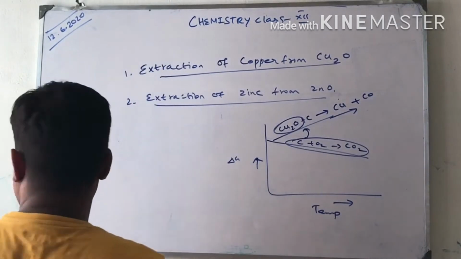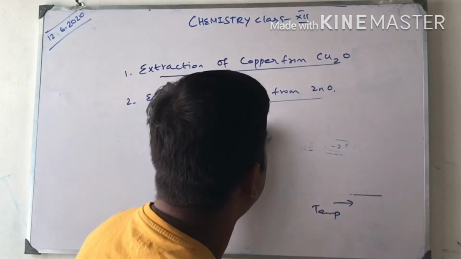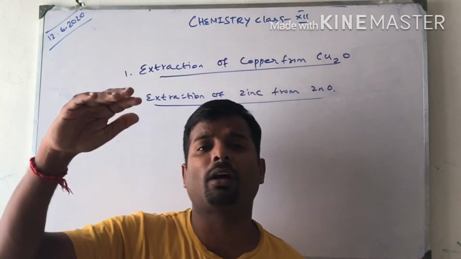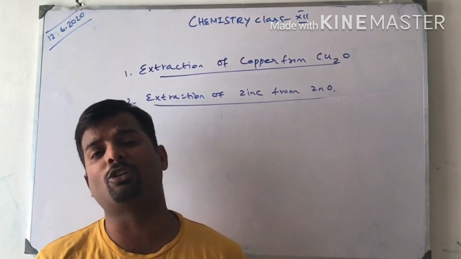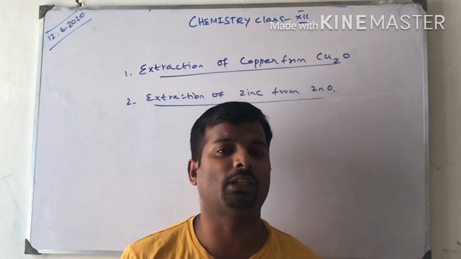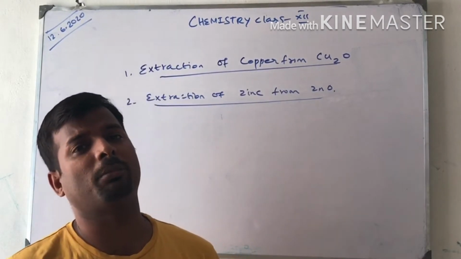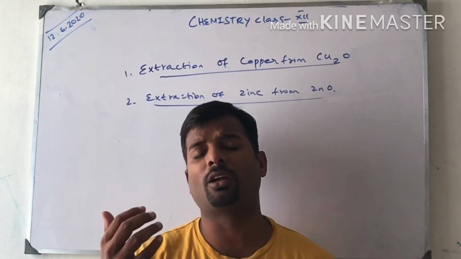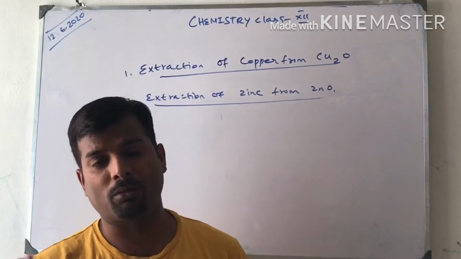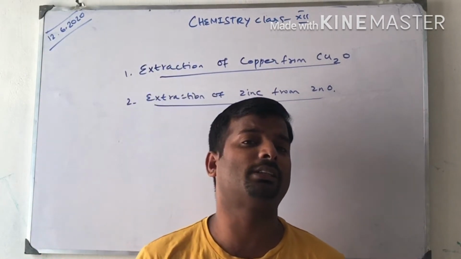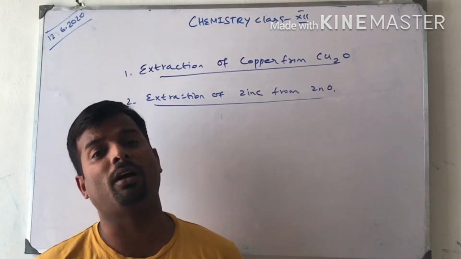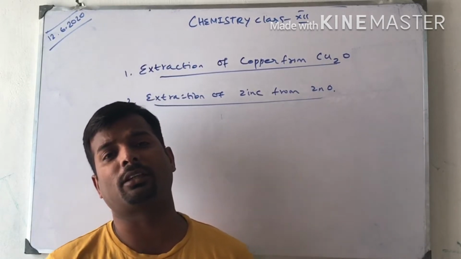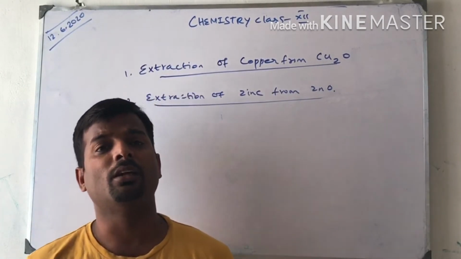That is important. The delta G versus temperature curve tells us about the thermodynamic relations. At the top, metal oxides are highly unstable, so they can easily be reduced by suitable reducing agents. At the bottom, the more reactive metals form strong bonds with oxygen, so they cannot be reduced that easily. One more reason is in electrochemistry, where you can see the EMF, the electromotive force value, of active metals like magnesium, aluminium, calcium, iron, etc. They have higher EMF than the passive metals.